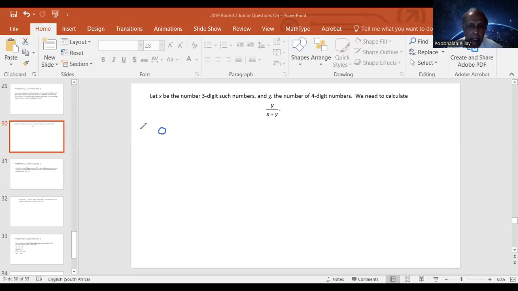3-digit numbers. You can't start with 0. It's a 3-digit number, so you can start with 1, or you can put 2, or you can put 3, and the last one will be 9. So the number of 3-digit numbers,